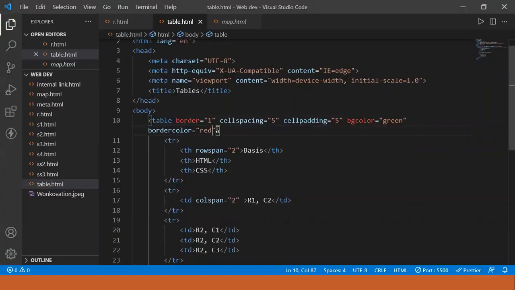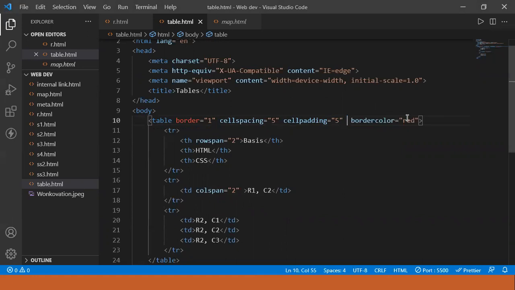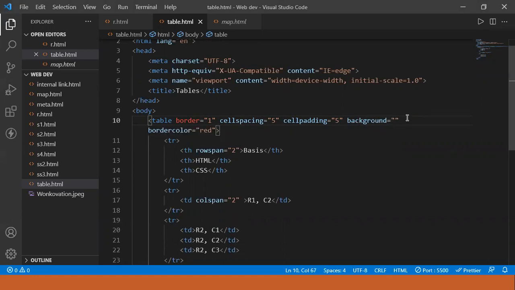Now if I wanted to give an image instead of this bgcolor, I will write background equals the image path, with the extension jpeg.